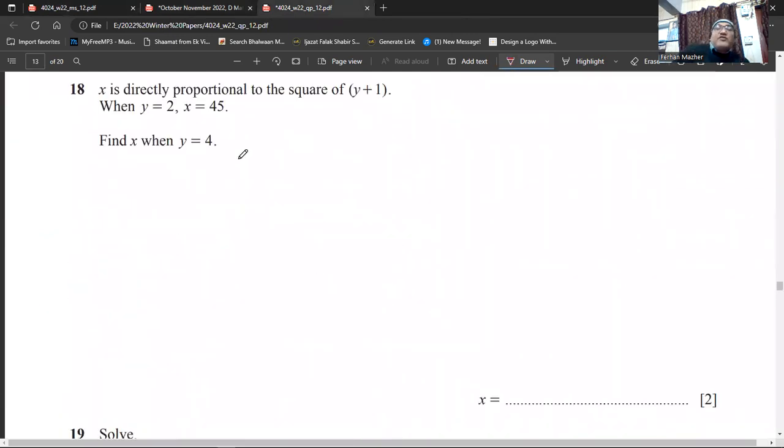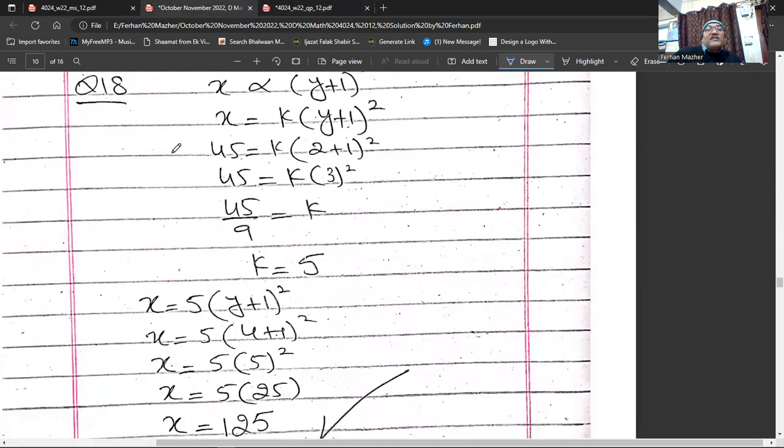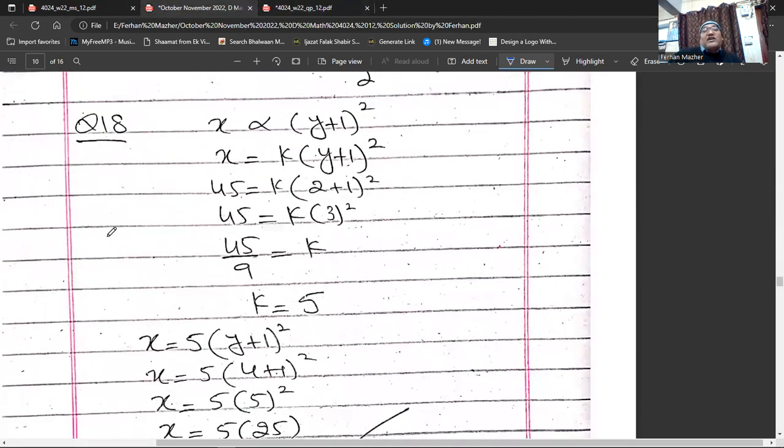X is directly proportional to the square of y plus 1. When y is 2, x is 45. Find the x when the y is 4. Very simple. They said that x is directly proportional to the square of y plus 1. So when I remove the proportional sign,